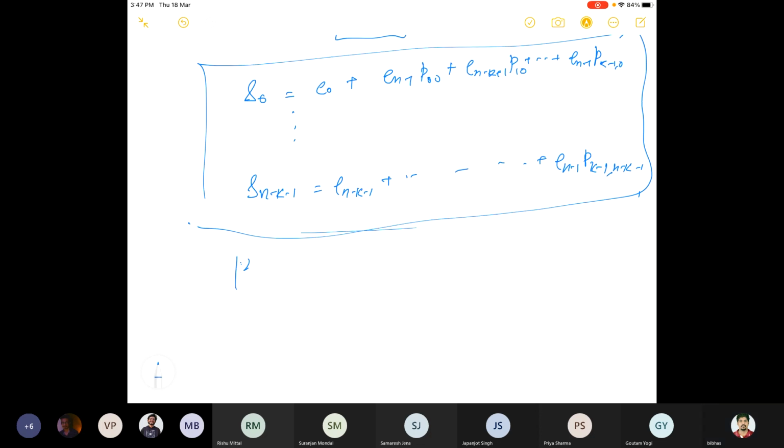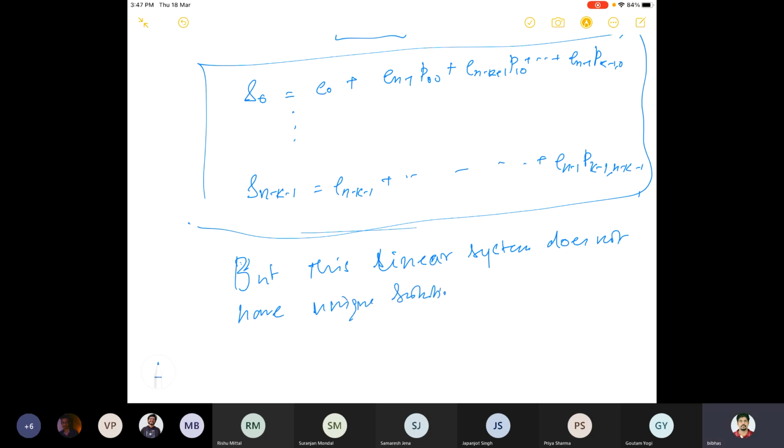The system, this linear system, does not have a unique solution. Therefore, we cannot solve this. We cannot find all possible solutions of that. In fact, when you do something computationally, you will see we have multiple solutions. Now, which one is the error, we don't know. So we cannot actually detect what the error is here.